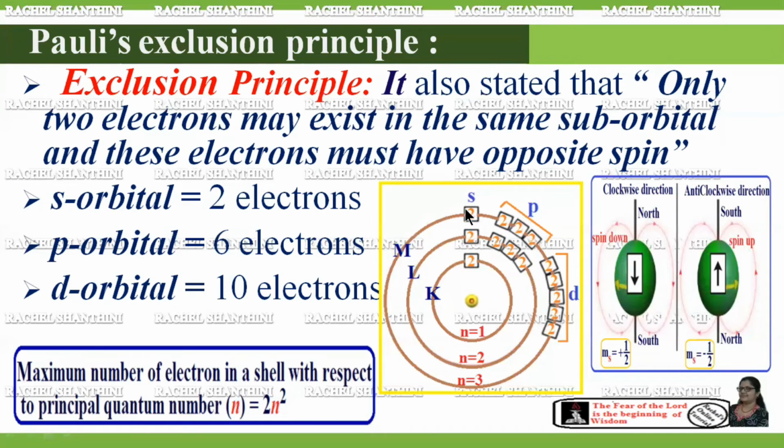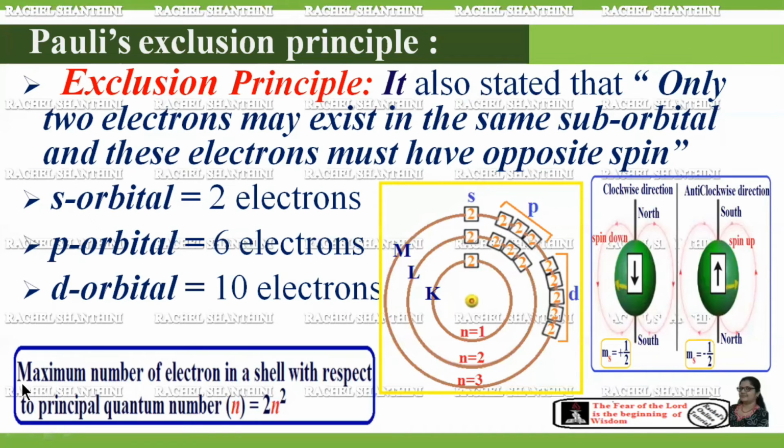And these electrons which are present in the same suborbital have opposite spin, right? So one in the clockwise direction if it spins in the downward direction, and another one will be in the